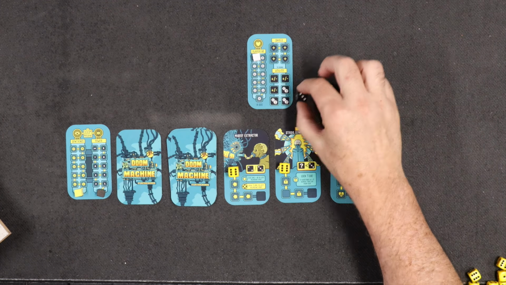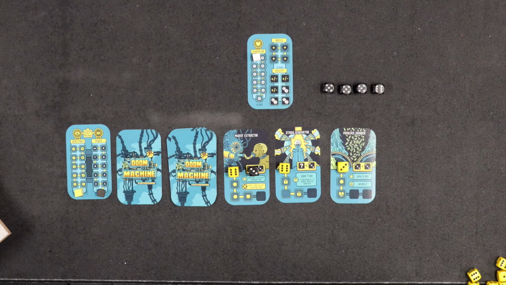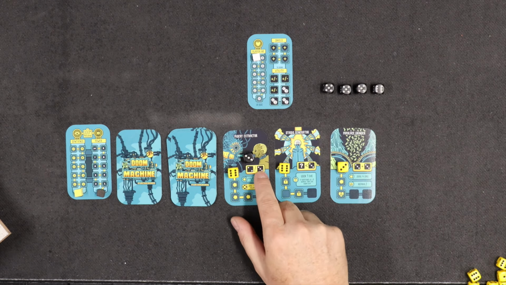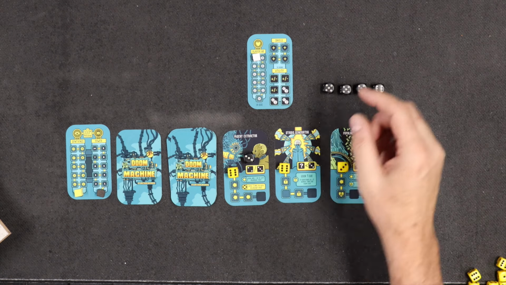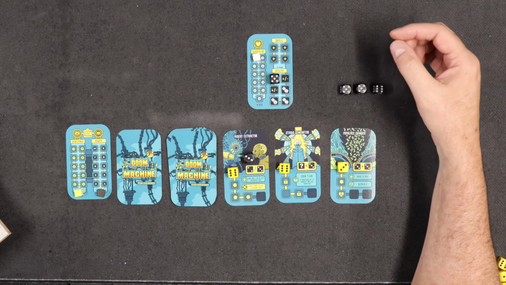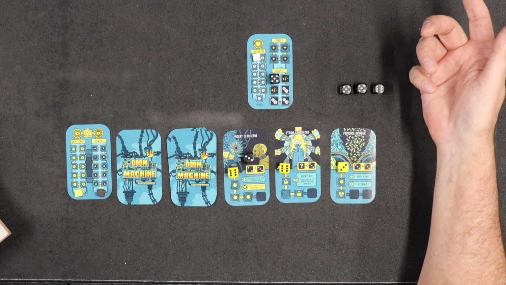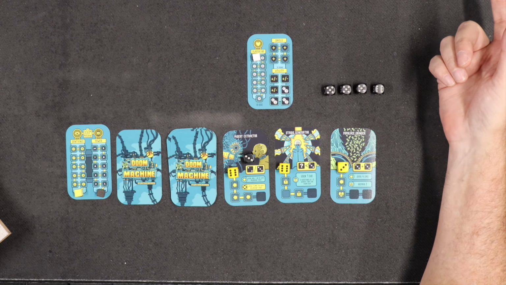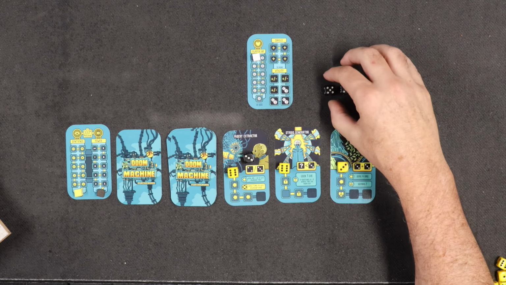So let's do this. I'm going to assign the 3 to here. And you can assign multiple dice, as long as each time you assign one that completes the condition, it does a damage. Now what I could do is put this 5 here and lower it to a 4. But that's not going to help me. So instead, I think what I'm going to do is I'm going to take...